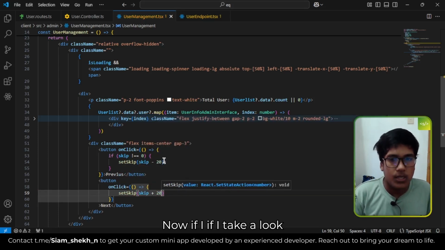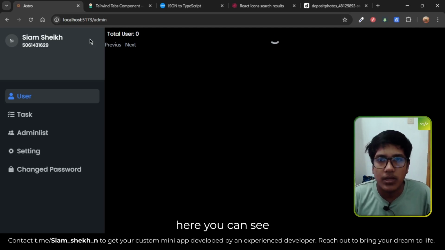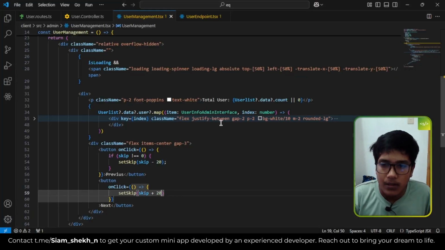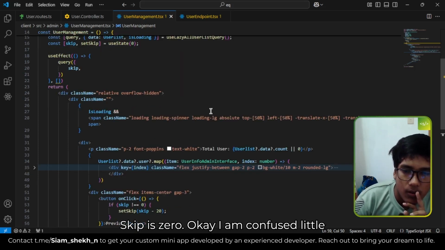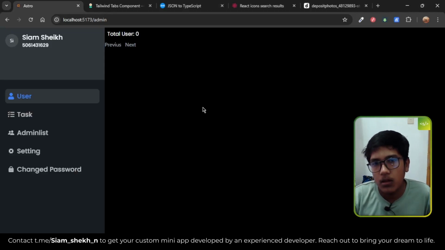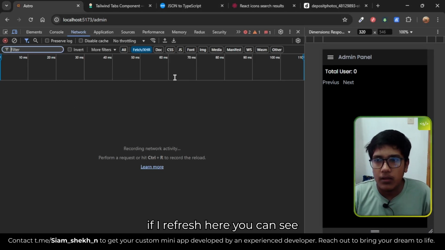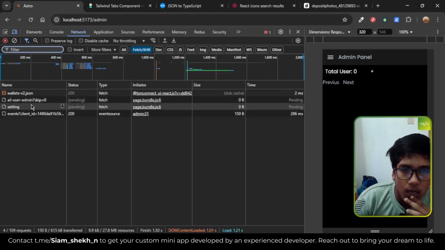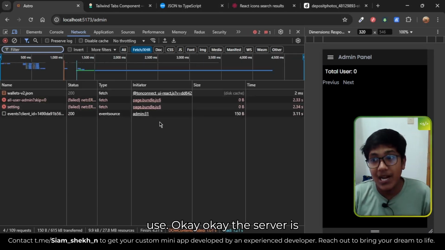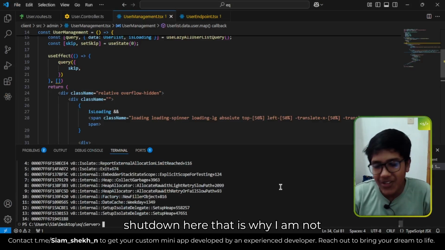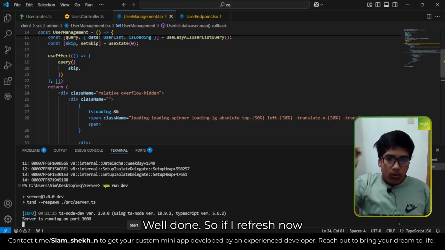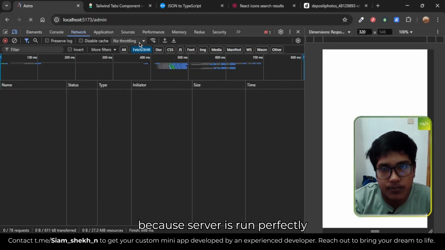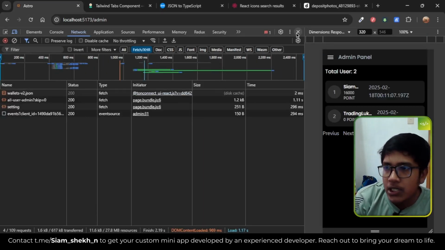Okay, now if I take a look here, you can see skip is 0. Okay, I'm a little bit confused. If I refresh here, you can see, okay, the server is shut down here, that's why I'm not getting the response. Well done. So if I refresh now, because the server is running perfectly, here you can see there is the two